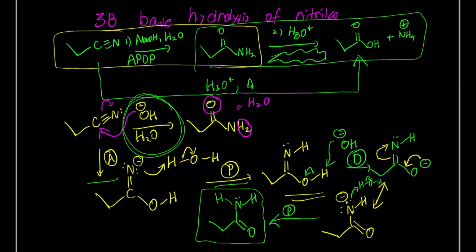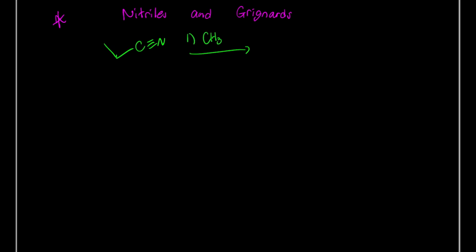So anyways, the key to this point is that nitriles can react. Nucleophiles attack this carbon, which is delta plus, and electrons move to the nitrogen, which is delta minus, okay? Now here's where we want to pay very close attention to what's happening. Nitriles can react with Grignard reagents. And the reaction here is going to look something like this. So if we have a nitrile, we'll draw out the bond this time. And you want to add, let's do methyl magnesium bromide, followed by acid. Normally after a Grignard you use H2O, but here we want to use H3O plus because we're going to hydrolyze the